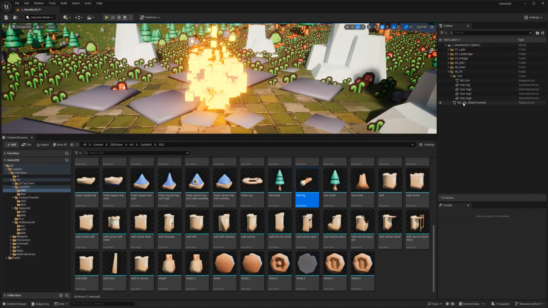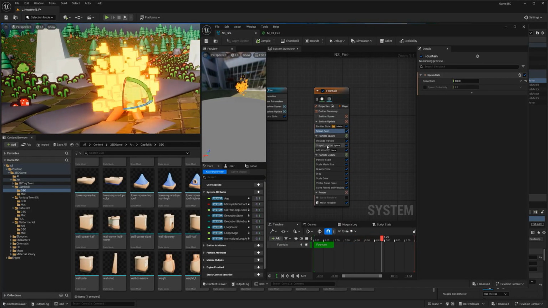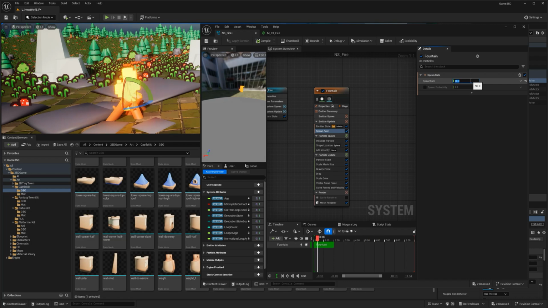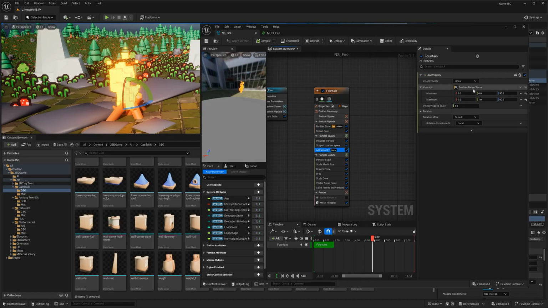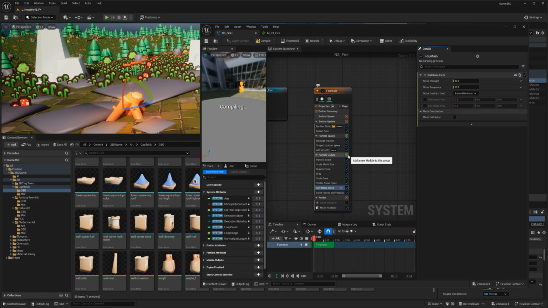And now I actually think that maybe the particle has a little bit of a too big shape location. So I'm going to go here and say 10. There you go. Which means that we can probably reduce this by 2. It's looking very nice. The velocity can probably be smaller too. So I'm going to say divided by 2, divided by 2. Actually, this can be like this. Let's add another noise. Let's see if we can add some curl noise again. I'm a huge fan of curl noises.